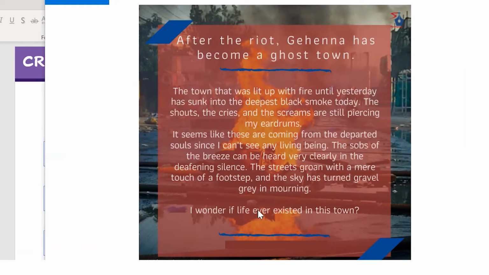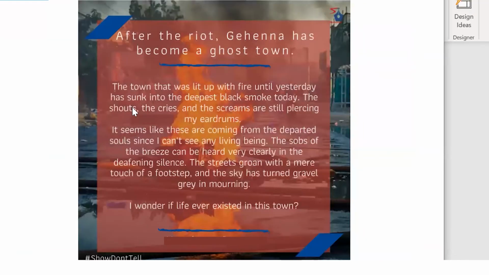But when I'm describing it, let's just see how I have described it. Please do not take the screenshots because this content is copyrighted content. Even if you take the screenshot, you cannot use it anywhere. So the town that was lit up with fire until yesterday has sunk into the deepest black smoke today. So what I have showed, deepest black smoke.